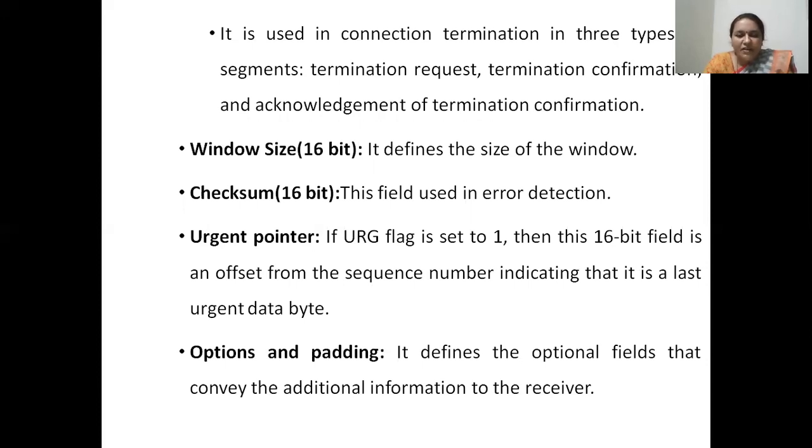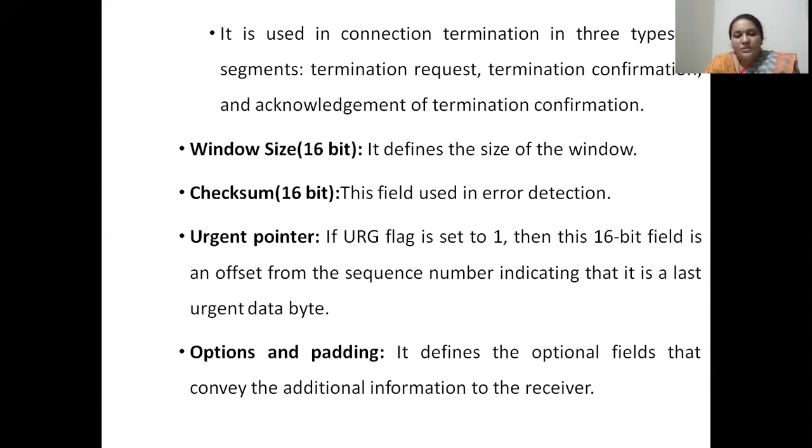The next field in the frame is urgent pointer. If the urgent flag is set to 1, then the 16-bit urgent pointer field indicates an offset address from the sequence number through which the data has to be sent urgently. So whenever some data has to be sent urgently, this urgent pointer indicates, using its offset, those number of data segments which need to be sent at a faster rate.